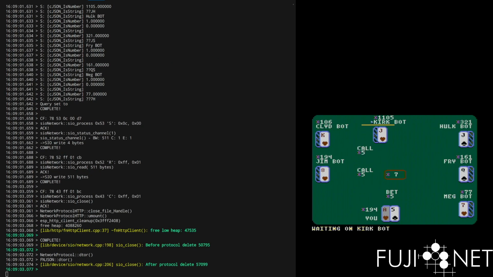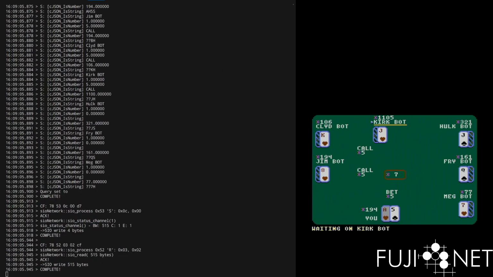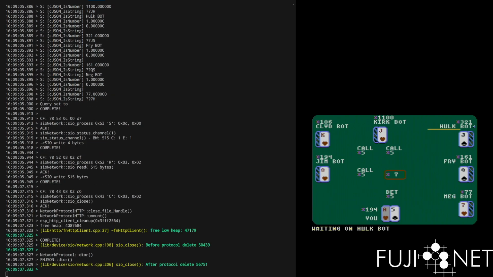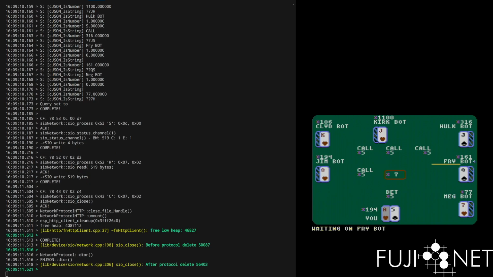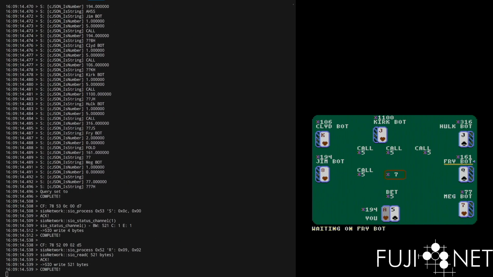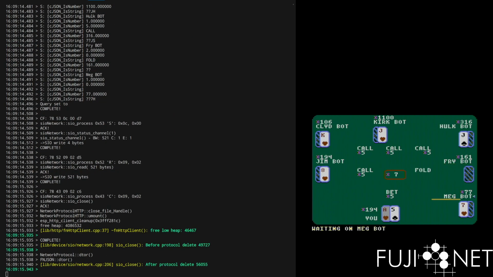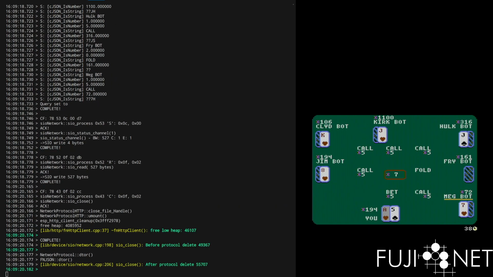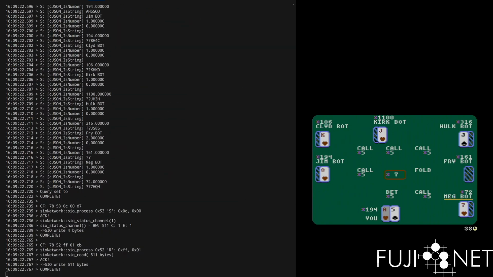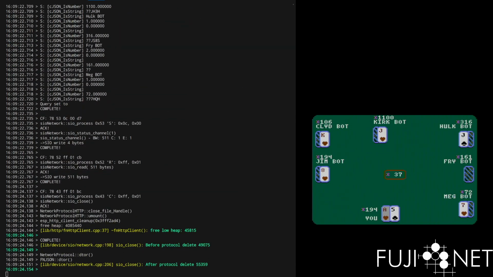We're losing a couple hundred bytes up to more than half a K each time that we're doing something. 56,751. 56,403. 56,055, and so on. And eventually what will happen is that this number will get down into the 2 kilobyte